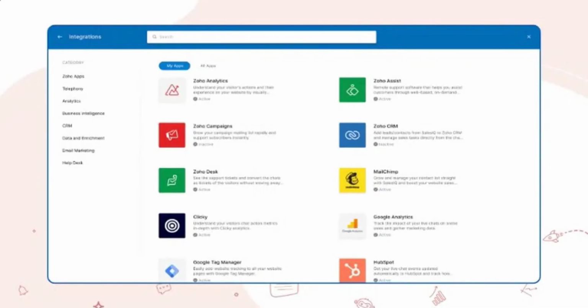So the integration process will be pretty much the same for all of the integrations, except that each platform has different requirements as such, but otherwise the basic setting up process is almost similar for all platforms. So we have detailed documentation about integrating each of these applications with Zoho Sales IQ in our help doc section. We will share it with you while we send the follow up. So you can read about it and start setting up integrations for your business as well.